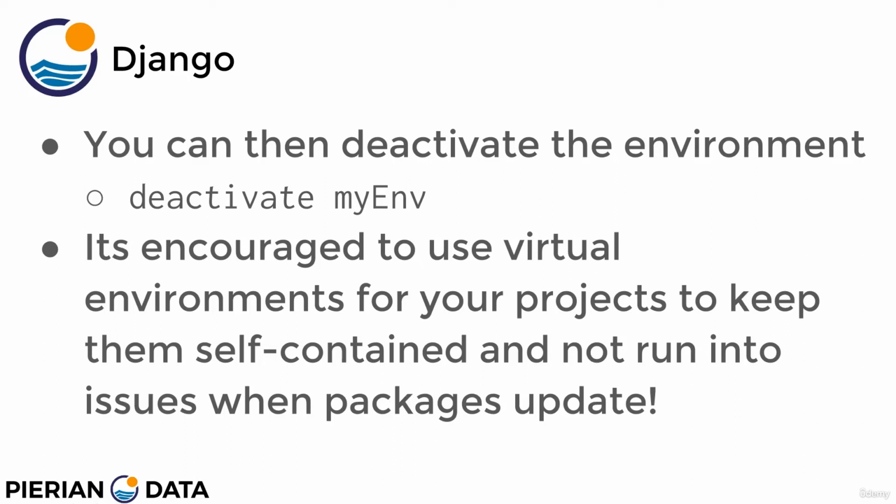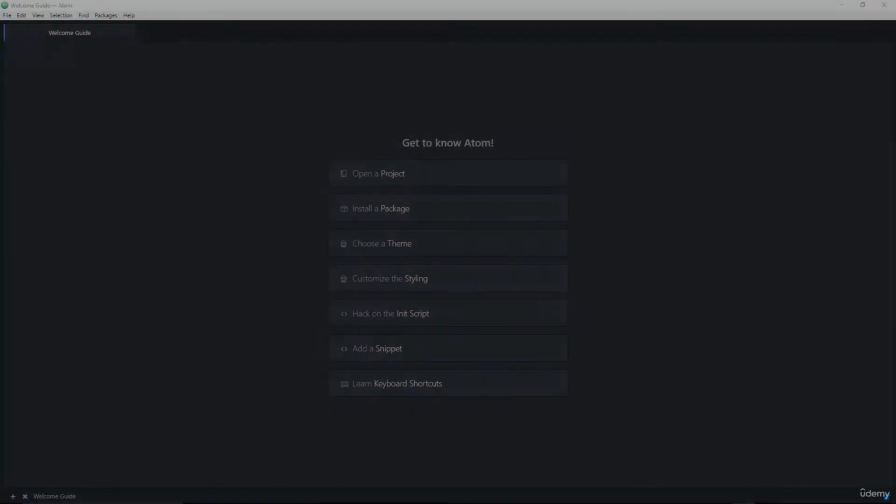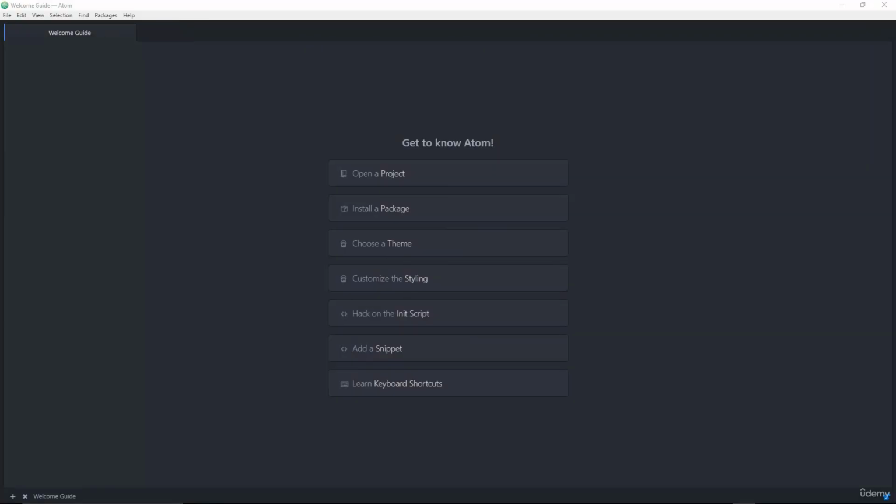And it's highly encouraged to use virtual environments for your projects to keep them self-contained and not run into issues when packages are updated. Alright, so let's jump to our command line and show you an example of actually creating a virtual environment. Okay, here I am at the Atom text editor, and before we get started by walking through